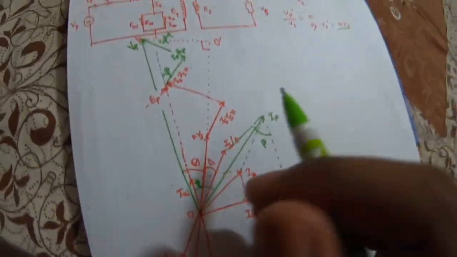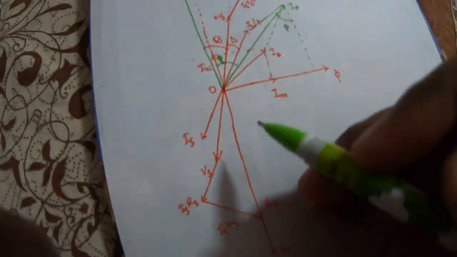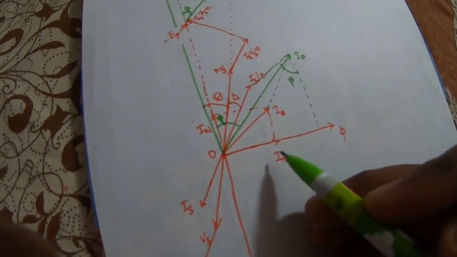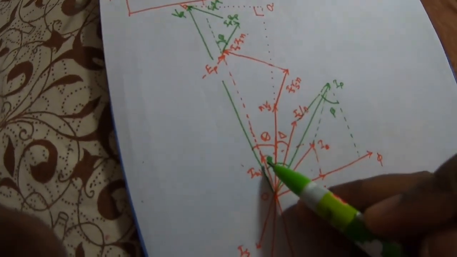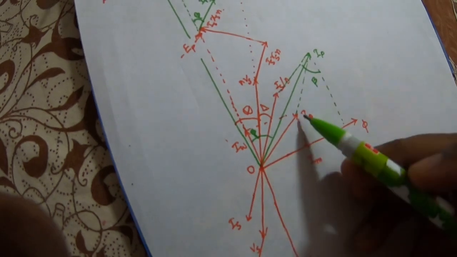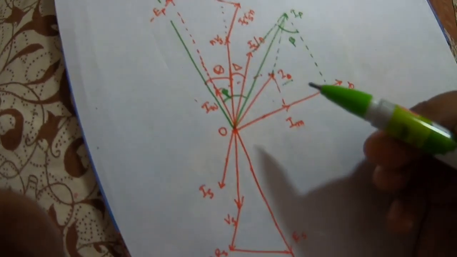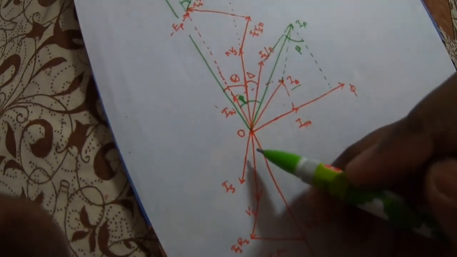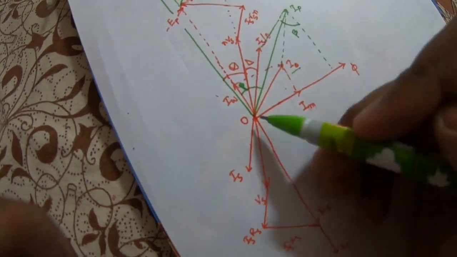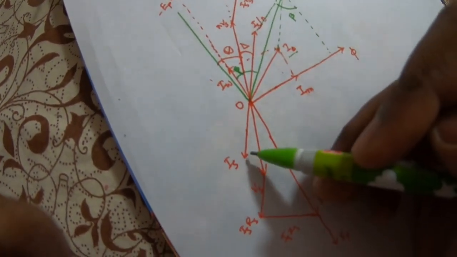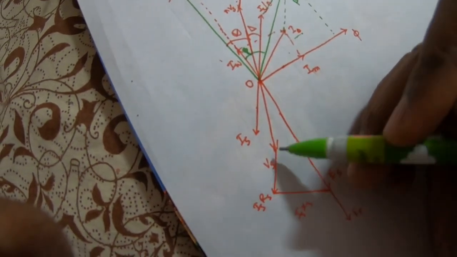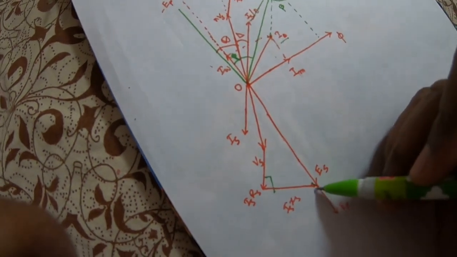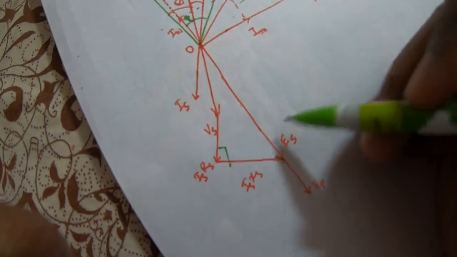Going from the very basics, as we know the constant flux linkage theory of the transformer, we have the flux on the x-axis. This is Im and this is Iw, and this is the no load current I0. This is the basic diagram for any transformer, the no load component. Then we take Is, the secondary side current, on this side, which is lagging current, and we have Vs over there. This is the Is Rs drop, which will be parallel with this Is, and then, 90 degrees leading, we have the Is Xs drop. Finally we have Es over there.